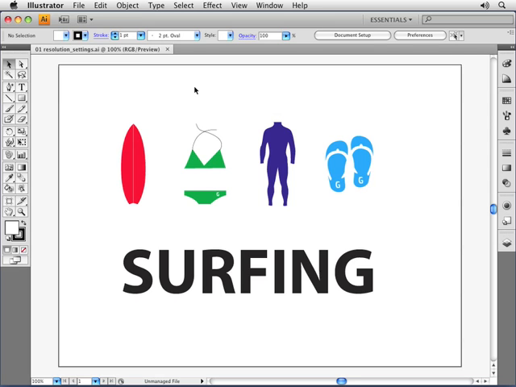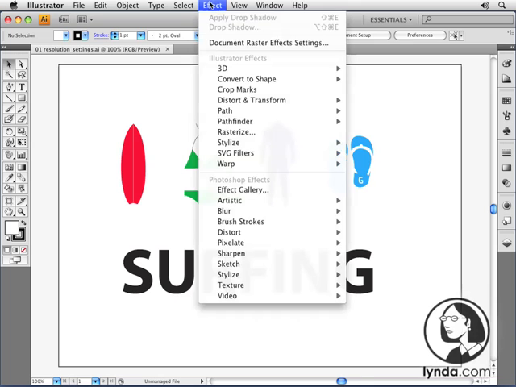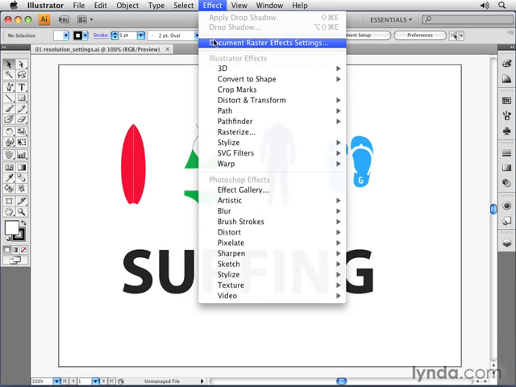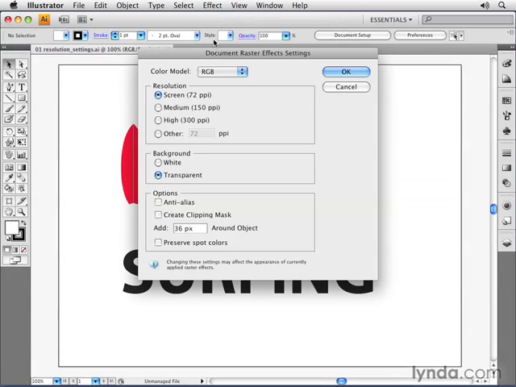In this chapter, we're going to cover live effects. Those are all the settings that are available here in the Effect menu. However, it's important to realize one thing. There's a setting here called Document Raster Effects Settings. I'm going to go ahead and choose that option right here because it allows you to specify a resolution for